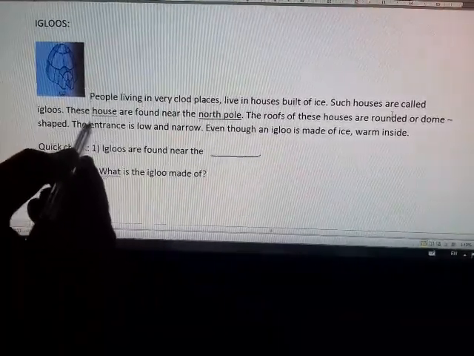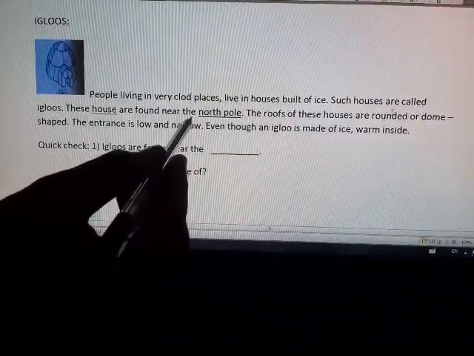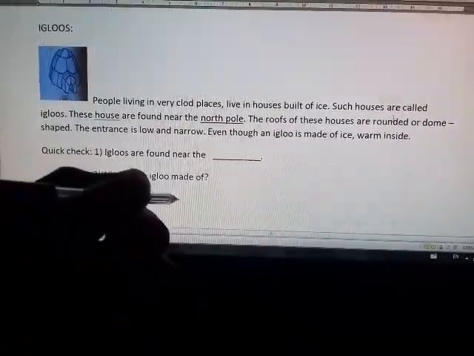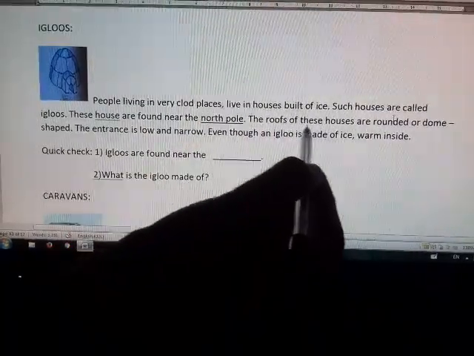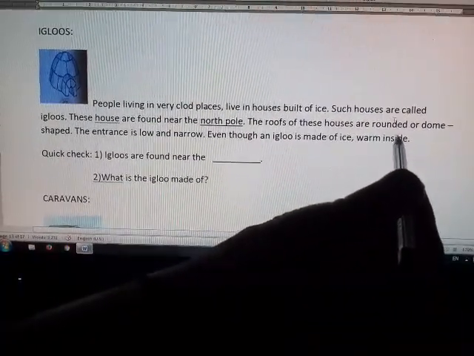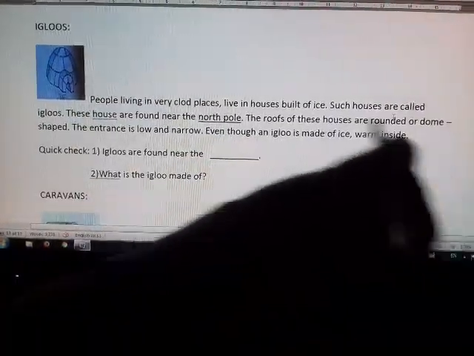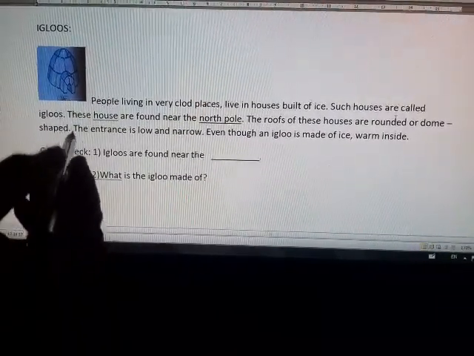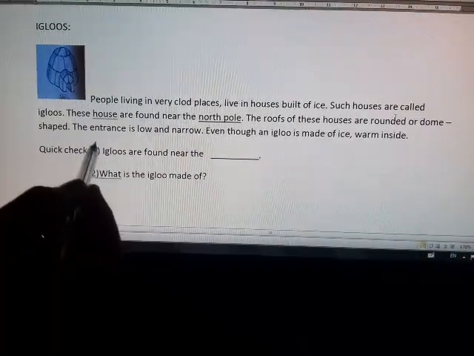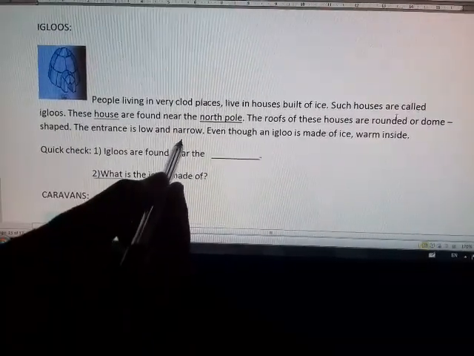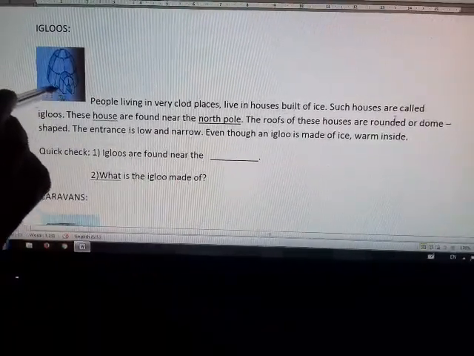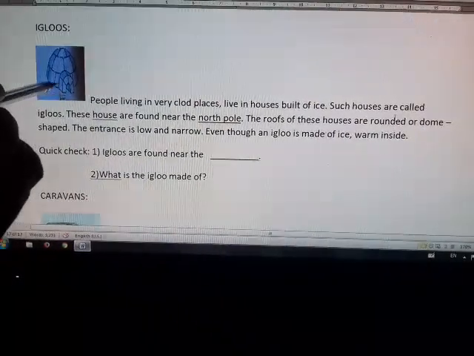Where do we see these types of houses? We can see in the North Pole. The roofs of these houses are rounded. You can see it is a rounded house or dome shaped. The entrance is low and narrow. This is the entrance of this house. It is low and narrow.